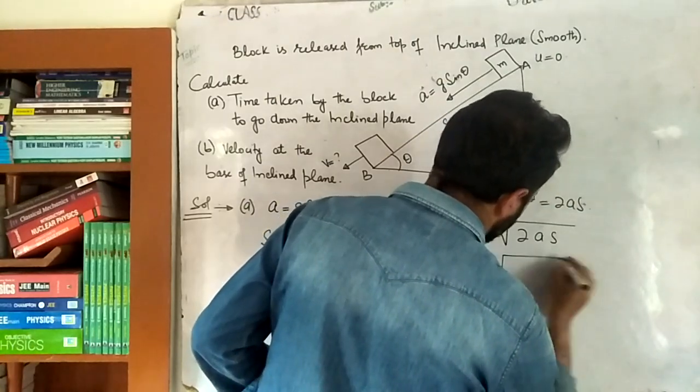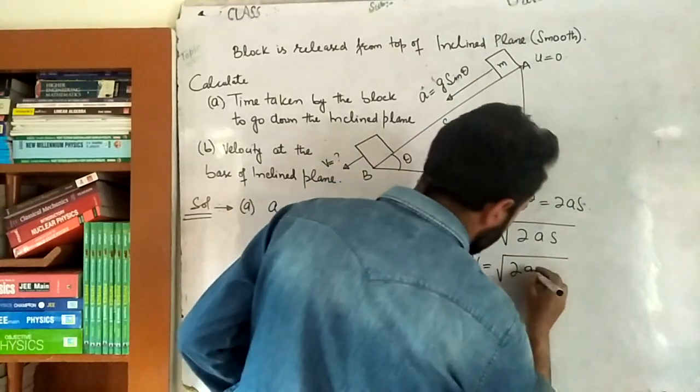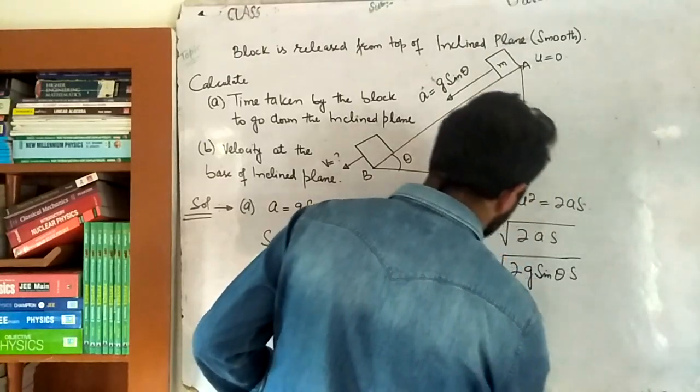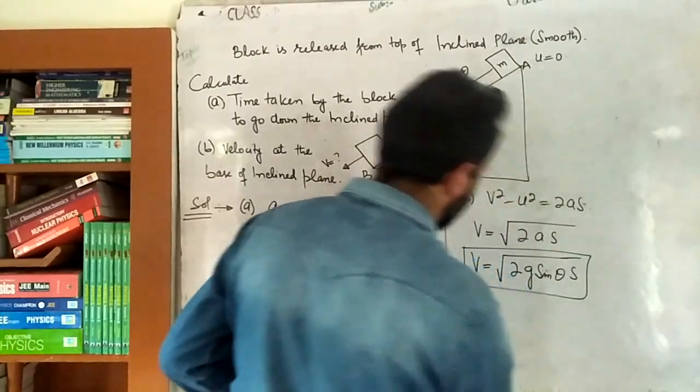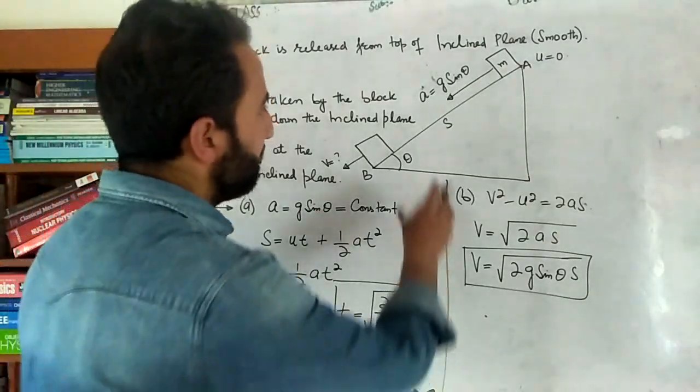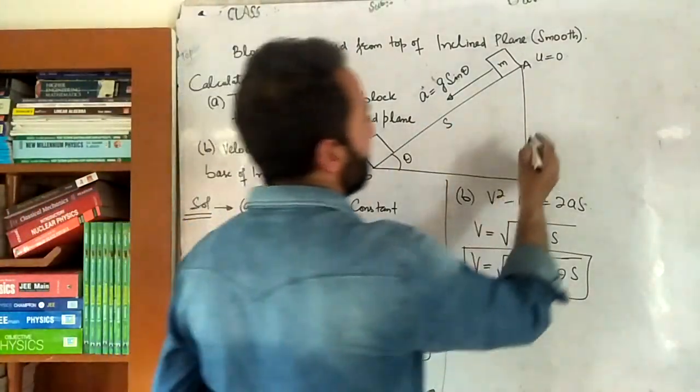v is equal to under root of 2a, what will we write instead? g sin theta multiplied by s. So this is the answer. Okay, so this is the velocity at the base of the inclined plane. Right, beta? Now for example, if s is not given to us, but rather h is given to us, the height of the inclined plane,